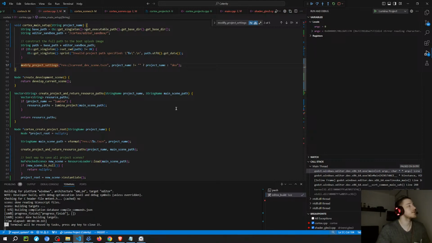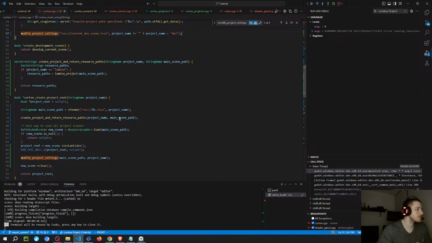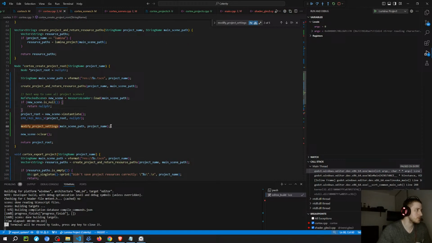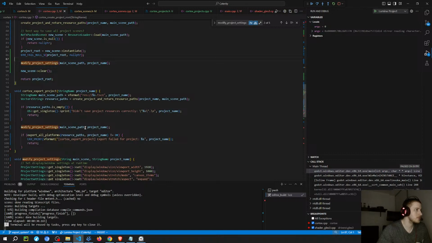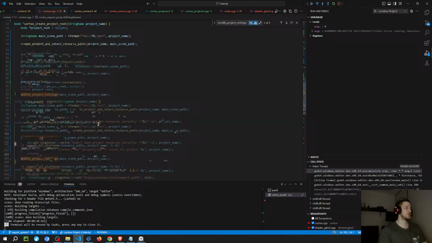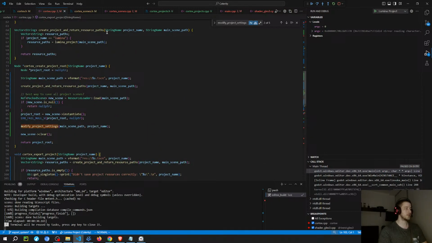No, but I think it is setting again. It's just easier. I was thinking about whether or not to change this, but I think it's just easier to leave it like this and call it in all different places so that it resets the thing. Like here is going to set for the main scene. But I think it isn't an issue that I'm going to set for a different scene first